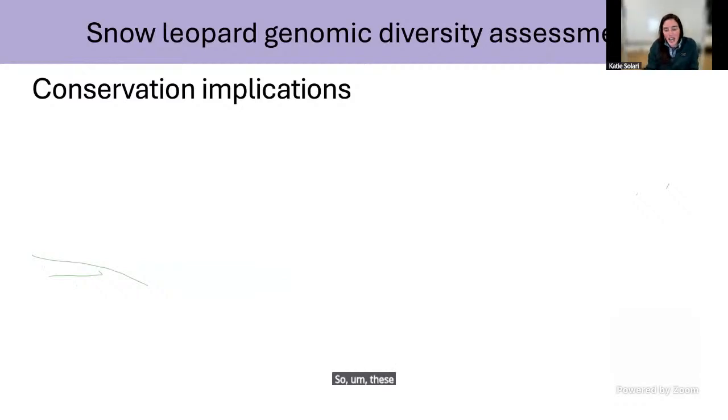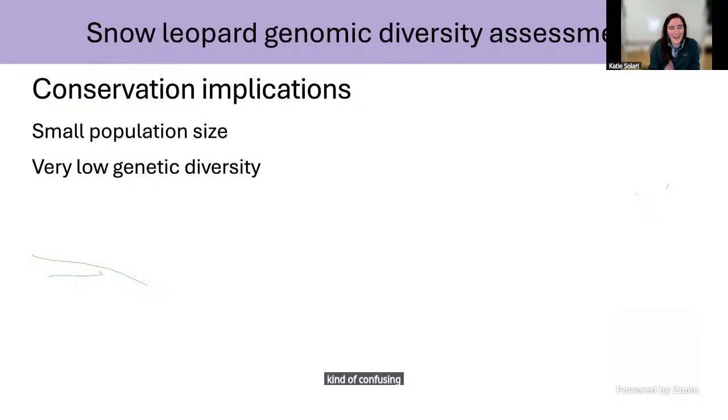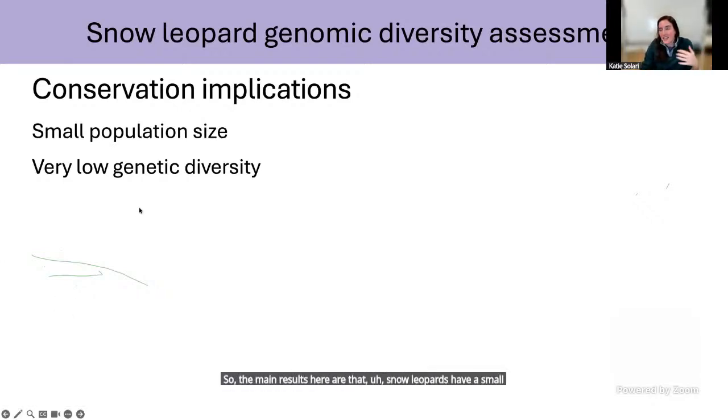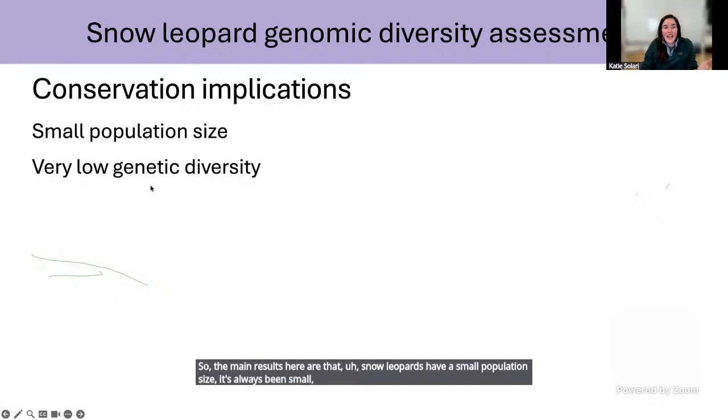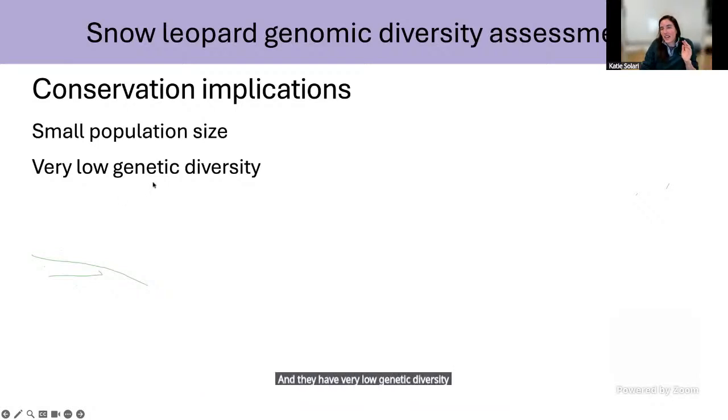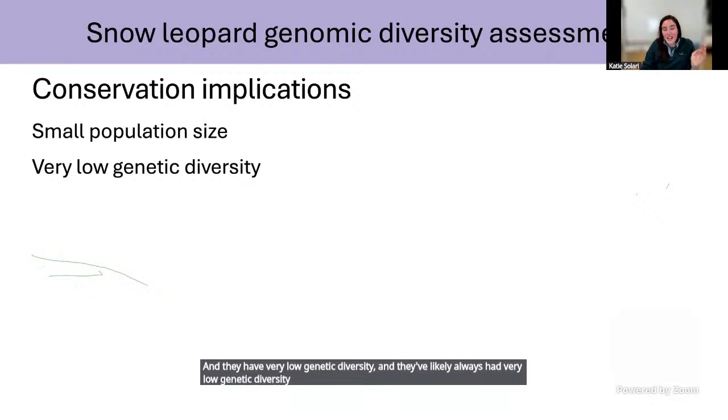These results have confusing, but clear conservation implications. So the main results here are that snow leopards have a small population size. It's always been small, and they have very low genetic diversity, and they've likely always had very low genetic diversity. And so,